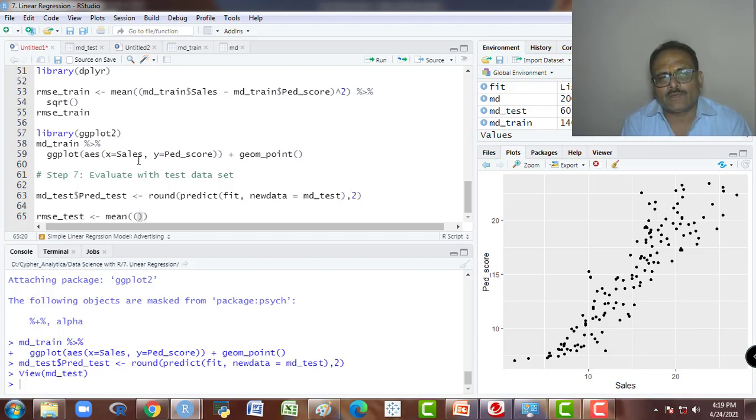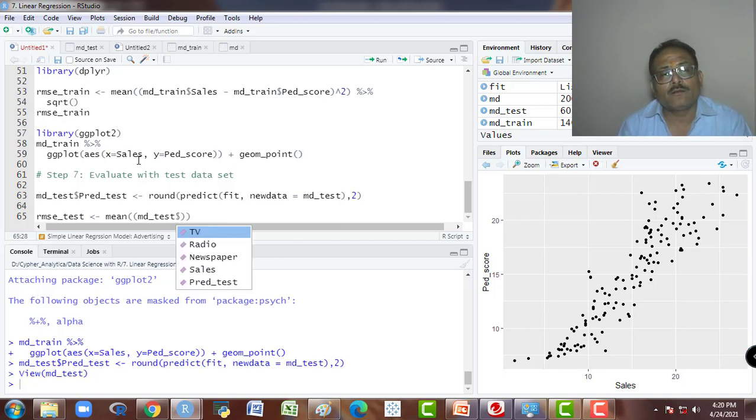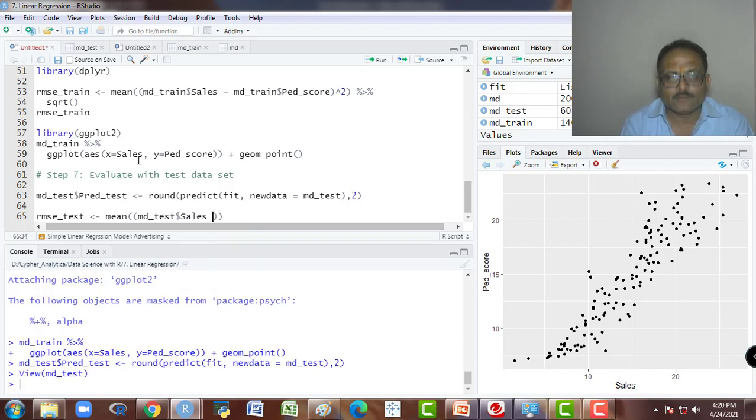So I will take here md underscore test dollar cells minus md underscore test dollar predicted, we use the square of this.